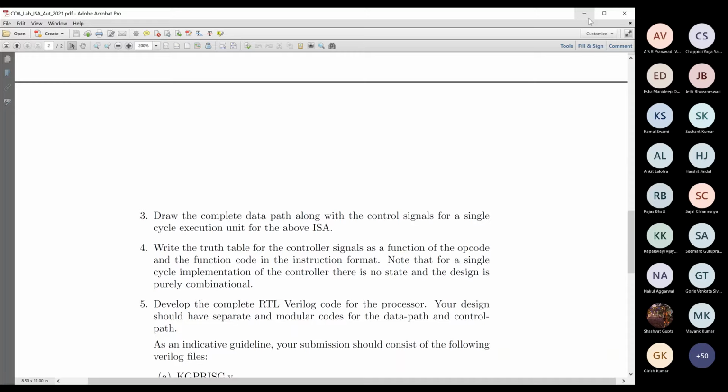So for example, the register file you can start with, and then implement the memory component after that. While you are developing the Verilog code, you may have some specific queries that we will try to handle. For example, how do you handle the block RAM? Maybe we will try to give you a guideline on that.